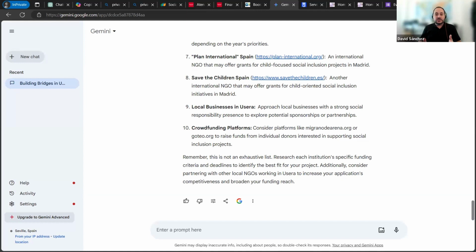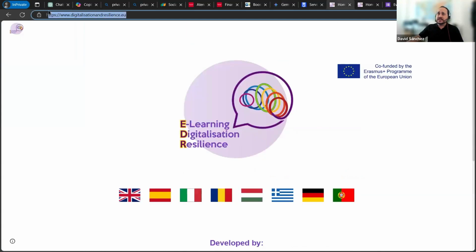So this is a small demonstration of different AI models that you could use for project preparation, project writing, and also to assist you during the implementation of your project. If you are interested in learning more about other AI tools that could be helpful for you and your organization, if you work in the third sector, voluntary social projects, I recommend you to visit this website, this platform, which is the final outcome of the digitalization and resilience project funded by